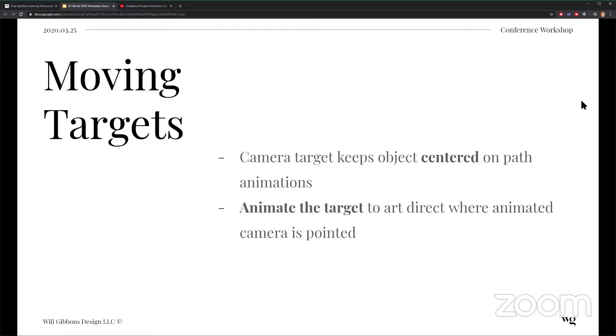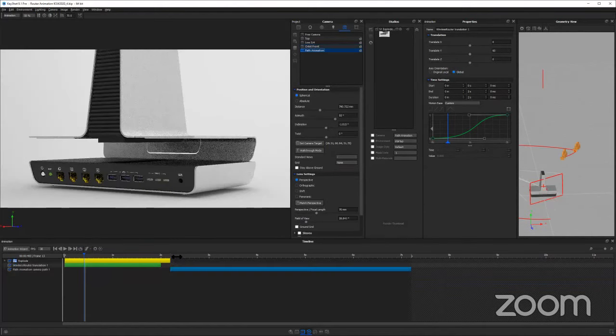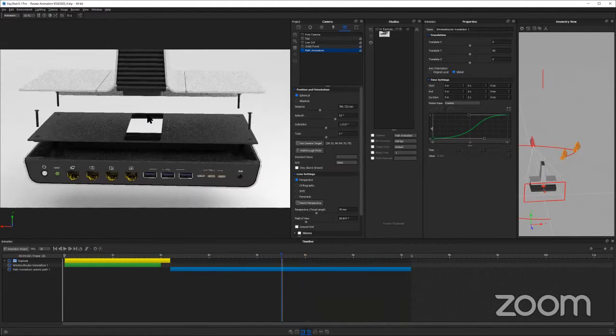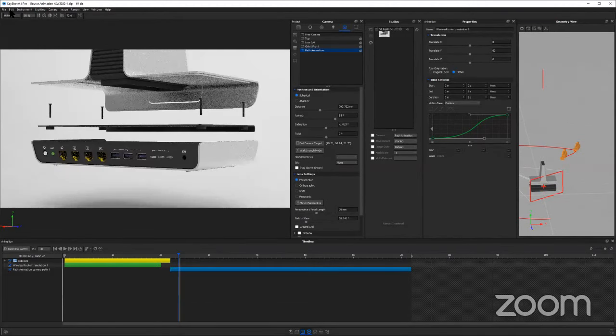So if we get back into here and we have our path animation, this guy's moving, but again, we addressed this. We said, man, how is the camera staying so focused perfectly on this part that's staying in the middle of our frame? It's just not as realistic. Well, if we went to edit, add geometry, and we add a little cube in here,